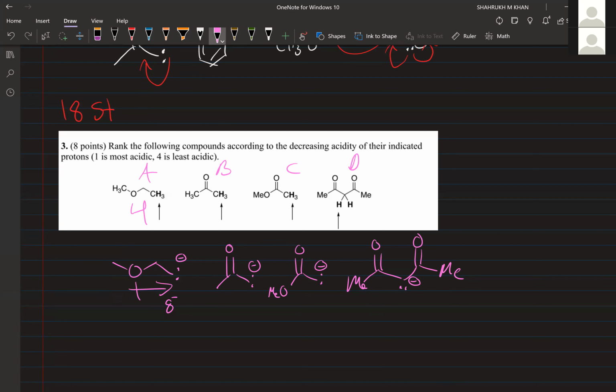Now we got to compare the rest. And what's the difference here is the amount of carbonyls, which is the first thing we could look at. B and C only have one carbonyl next to the negative charge. And as we saw earlier, right,